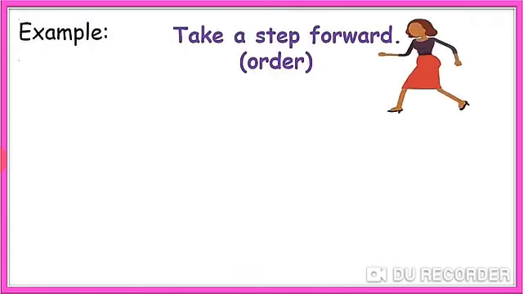Let's look at some examples for the imperative sentences. The first one, take a step forward. This is an order. Now, if you look at the statement very carefully, you find that the subject is missing and instead the sentence begins with a verb take. So, here the subject is implied, which we take to be you. So, the statement could have been read as, you take a step forward. But since in an imperative sentence, we do not add the subject, we begin the statement with a verb